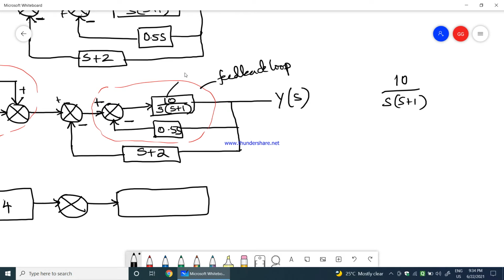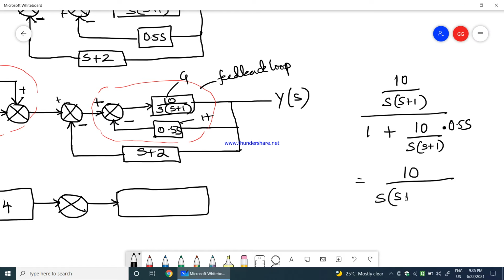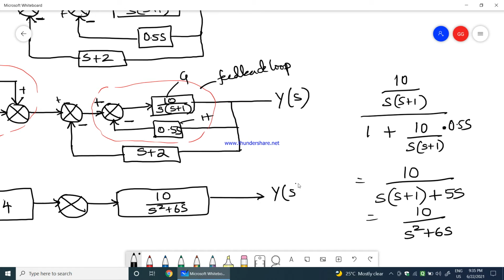So here this is G, this is H, divided by 1 plus, because it is negative feedback, 1 plus 10 divided by s into s plus 1 multiplied by 0.5s. So which will be equal to, you take s into s plus 1 as LCM, therefore 10 divided by s into s plus 1 added with 10 into 0.5, which is 5s, which is equal to 10 divided by s square plus 6s. So I'll just write that here, 10 divided by s square plus 6s, and then we'll have Y of s,